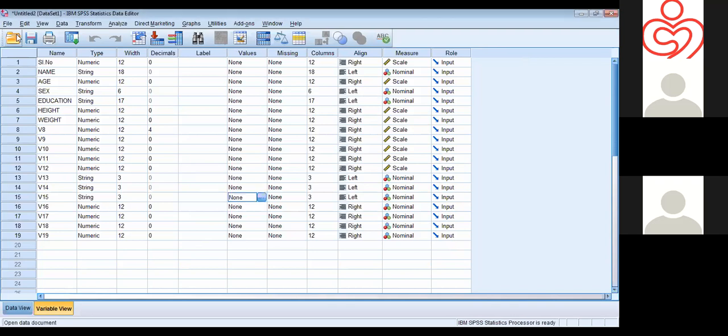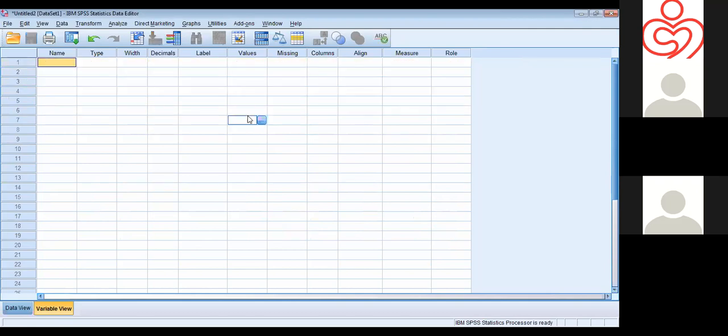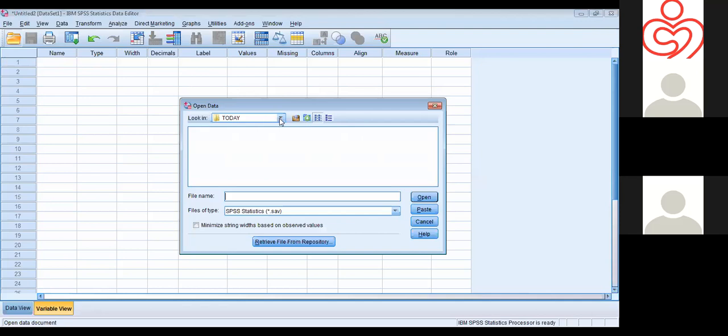Yeah. So if you want to open the imported Excel data in SPSS, suppose we have a blank document like this, and we want to import Excel data. We can choose this folder icon, and from this we should specify where we saved the data which we want to import to SPSS.